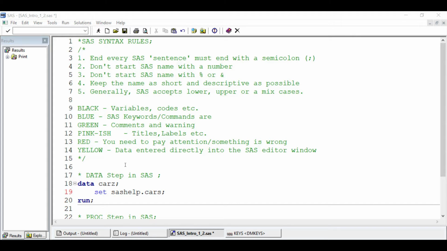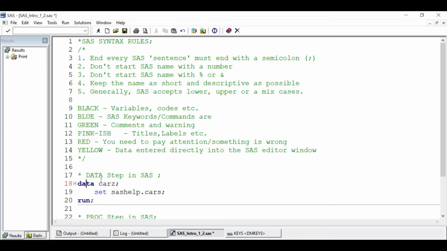What I mean by a complete sentence is most often you start with the keyword, and then you do something, and then you would have to end it. But in some instances, it doesn't have to. You don't have to start with a keyword before you can end it with a semicolon. But the point is, you have to end with a semicolon. The semicolon separates every part of this